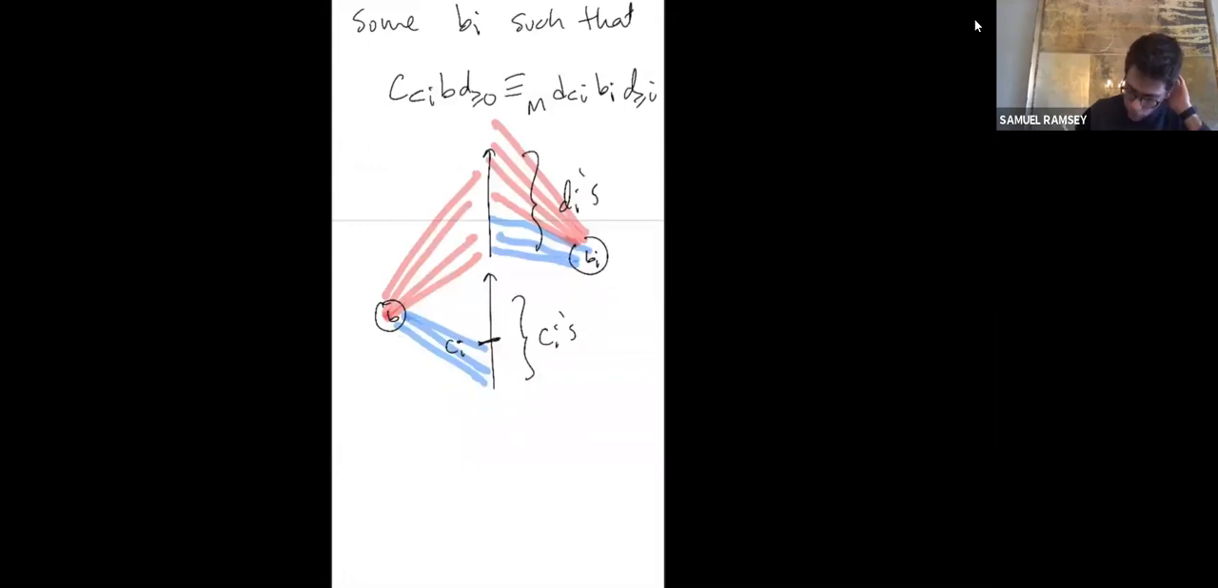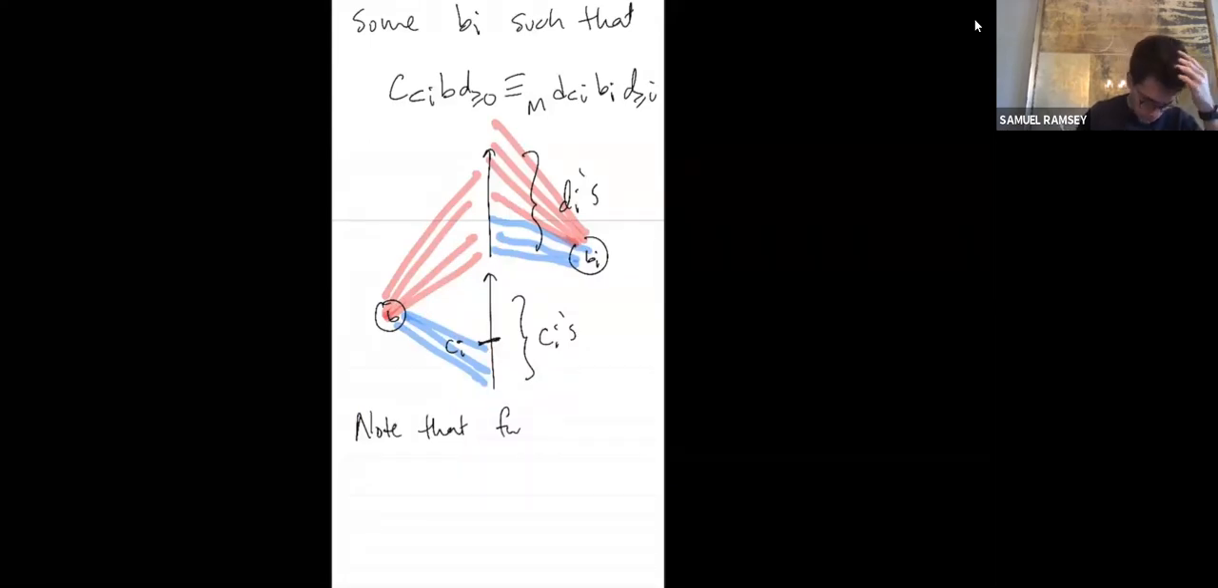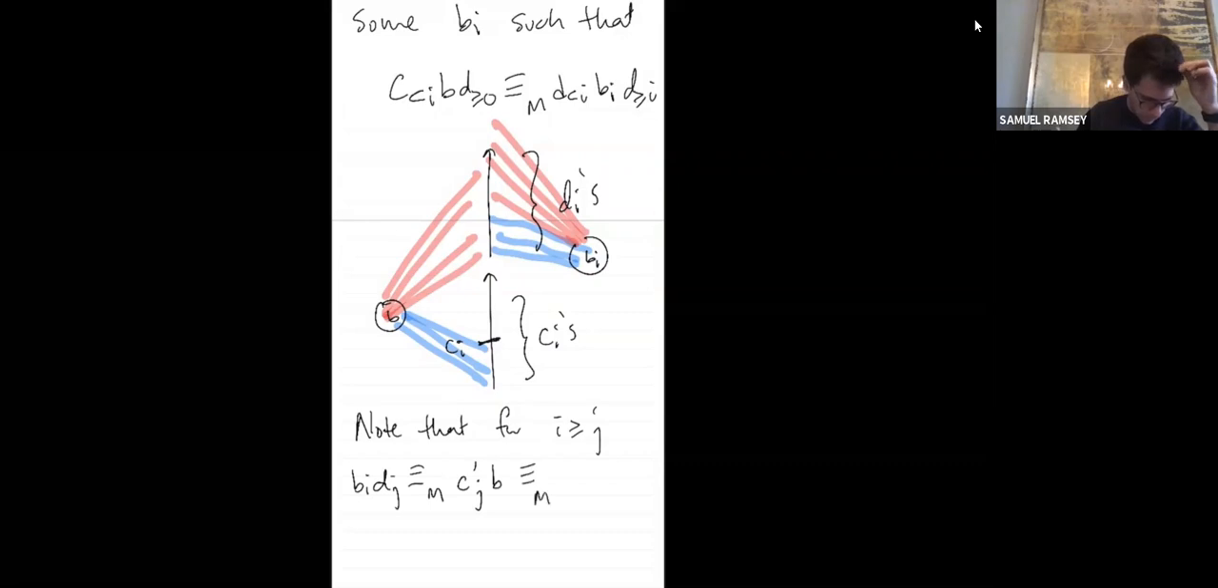All right. So note, let me switch back to black. Note that for i greater than or equal to j, we have B_i D_j has the same type over M as C'_j B, which has the same type over M as C' B by the choice. And